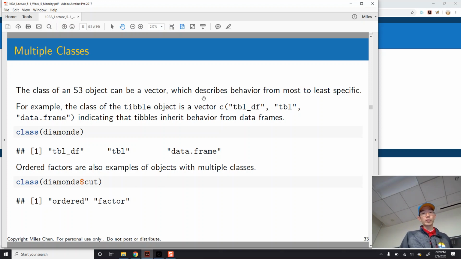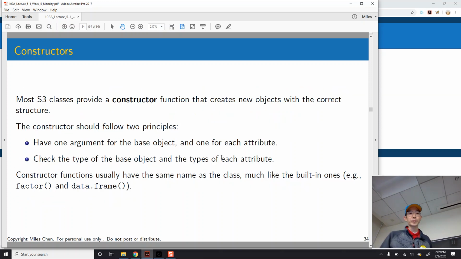Right, and when you get a vector of classes, it's going to go from most specific to least specific objects. Okay, is that all right for multiple classes there? Okay,